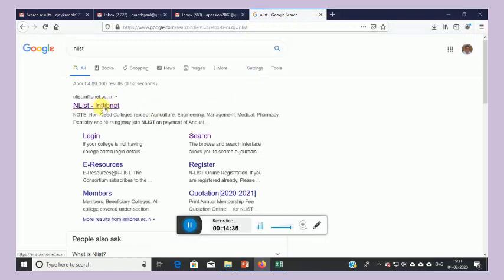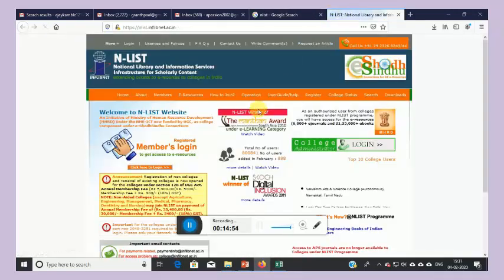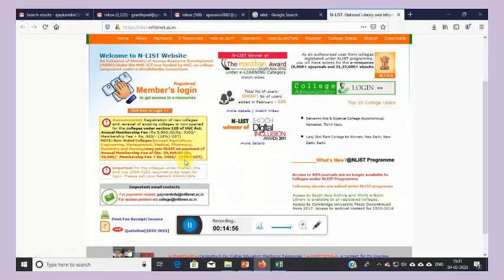You'll get the list. In the Google search, the first result for Enlist you'll get here, and if you want to log in directly, you can click on this login also. We will go to this page, we'll click on this. Okay, now we are back here.